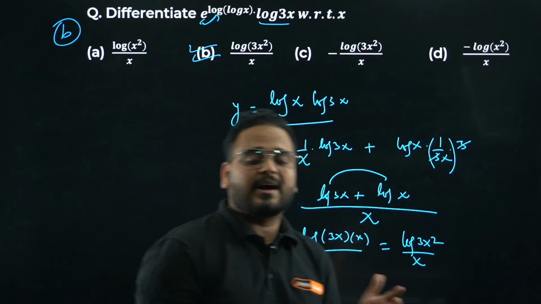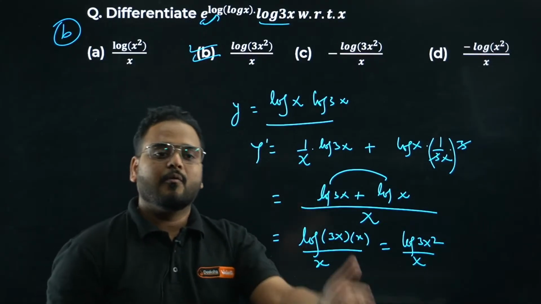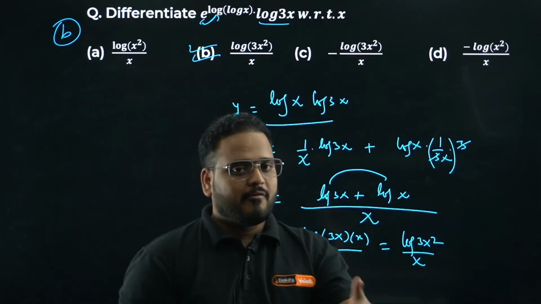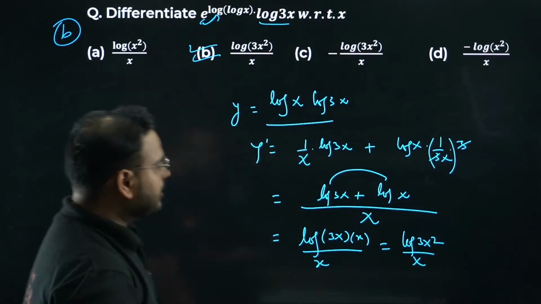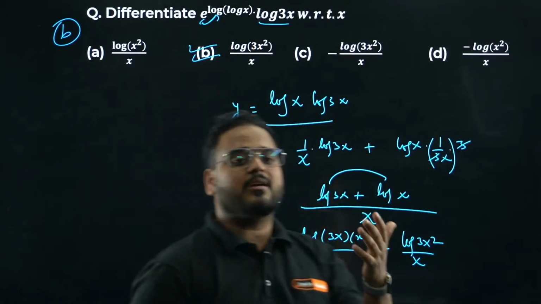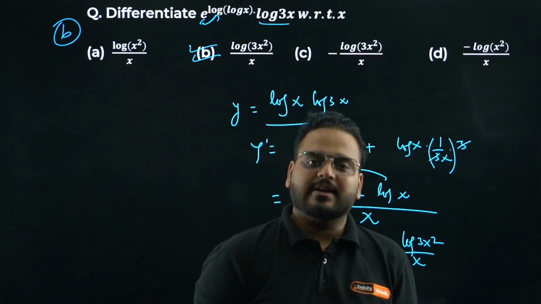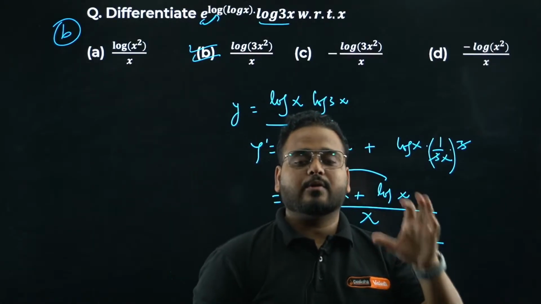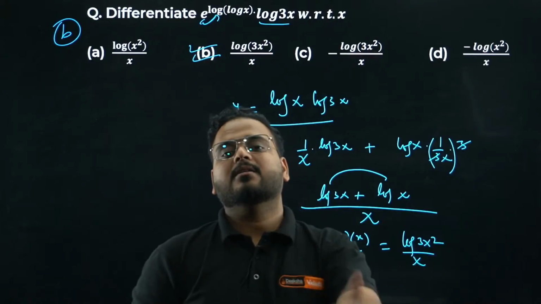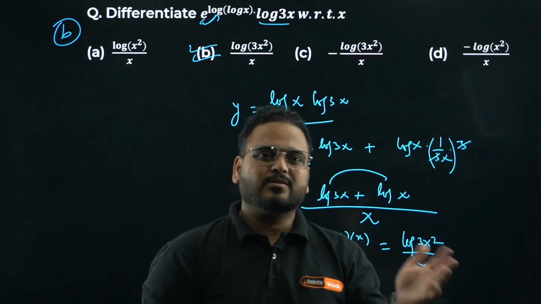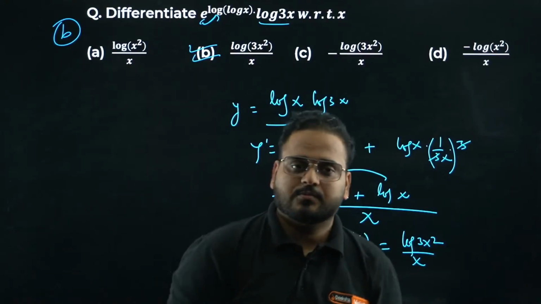So don't worry about rank right now. Your goal should be to score 140 plus out of 180. If you can score close to 140, you'll have a decent rank and a good college. Because after COMEDK you get a very costly seat. If you can't get a good seat at that price, there's no point in writing it. So if you're writing COMEDK, you should aim for a good rank. I think around 10,000 you can get, and at 8-9,000 you can get a decent college with a decent stream also. Okay, this is clear.